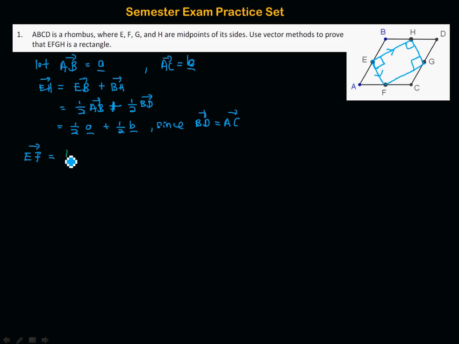EF is just EA plus AF. If you think about it, it's actually half, or rather negative half a, because we go in the opposite direction, and AF is going to be half of AC, or half of b, right? And now what I'm going to do is use the dot product to